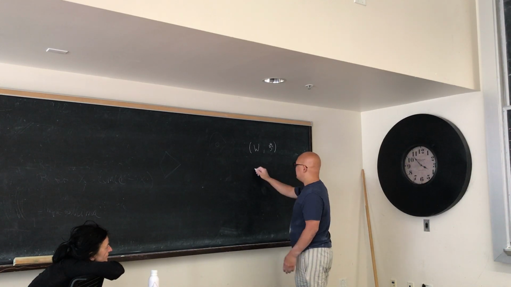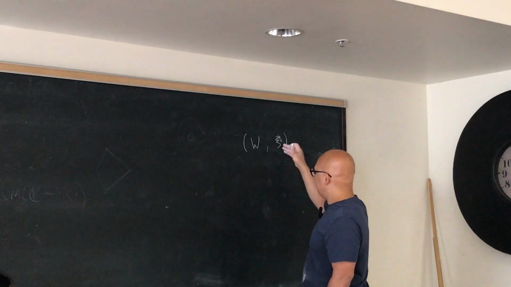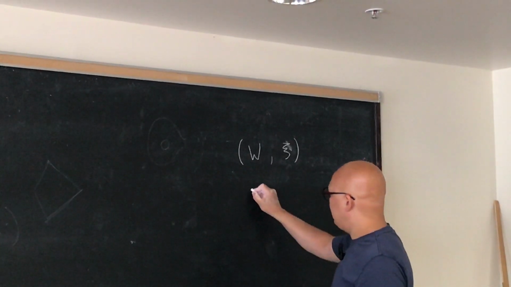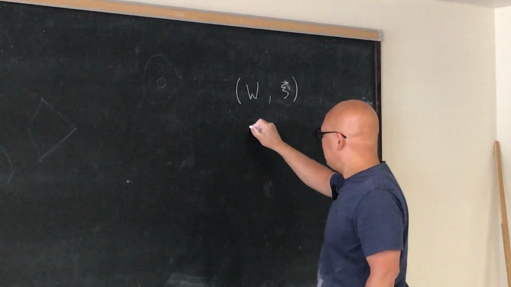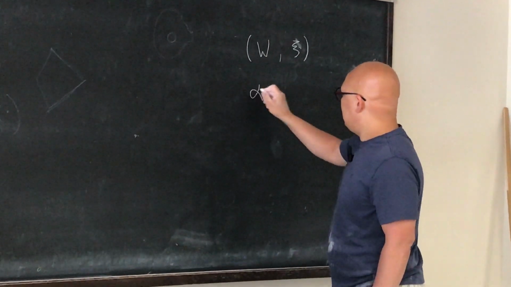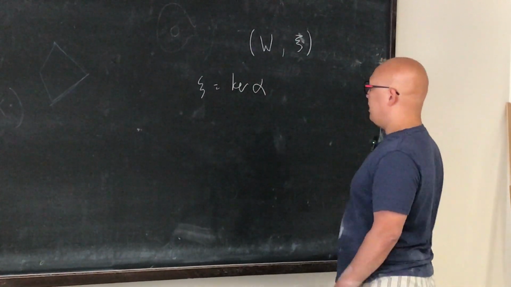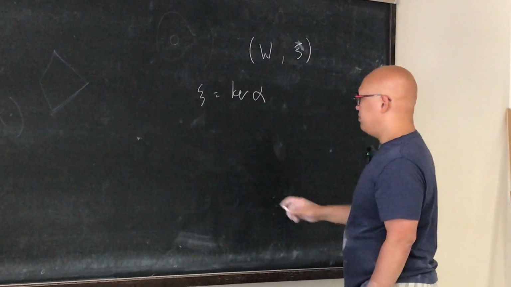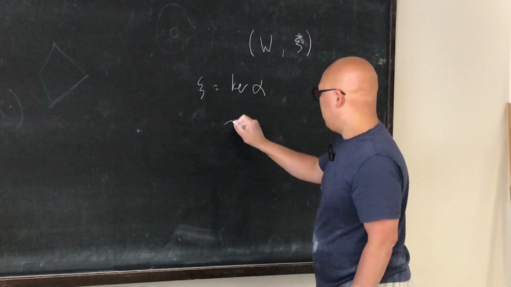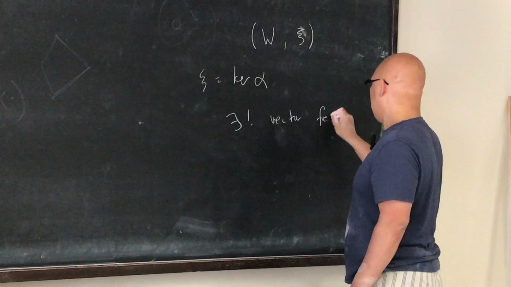Usually when you say contact manifold, you just give this plane field, but it means that locally, and we're always going to have globally, there exists a one-form alpha so that C is the kernel of alpha. And once you choose this one-form, then there exists a unique vector field, which is called the Reeb vector field,